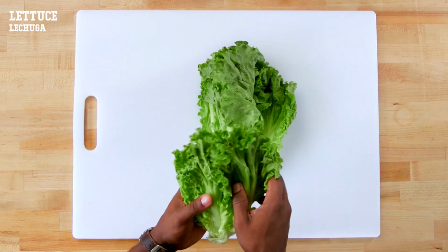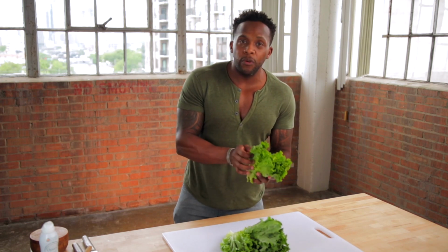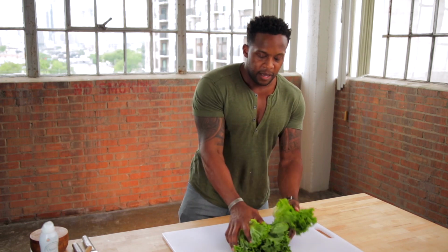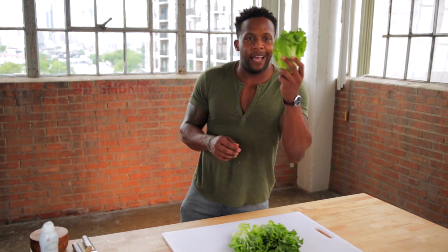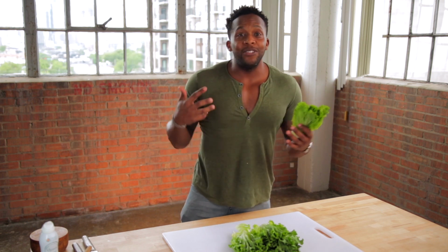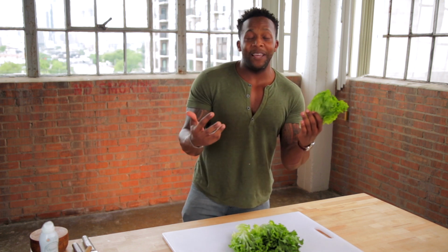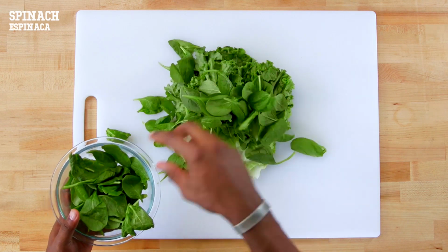So I'm gonna add in some lettuce, and I want you to be really liberal with the veggies. Because the cool thing about a chopped salad is that you would never eat this entire thing just by itself, but with a chopped salad, because everything is chopped together and mixed together, you actually don't even think about it. And you are eating literally about a pound of vegetables. It's really cool. Some spinach,